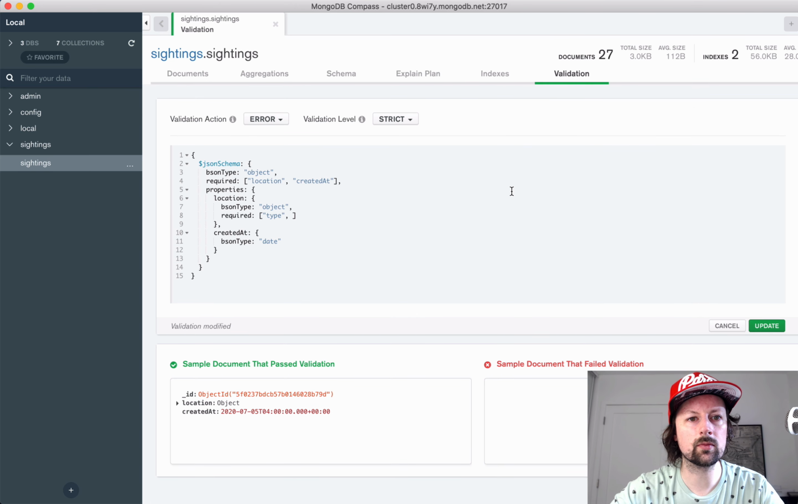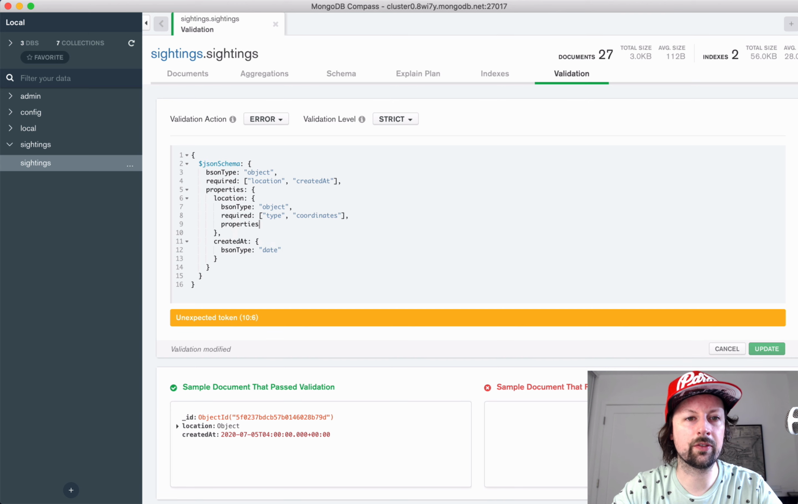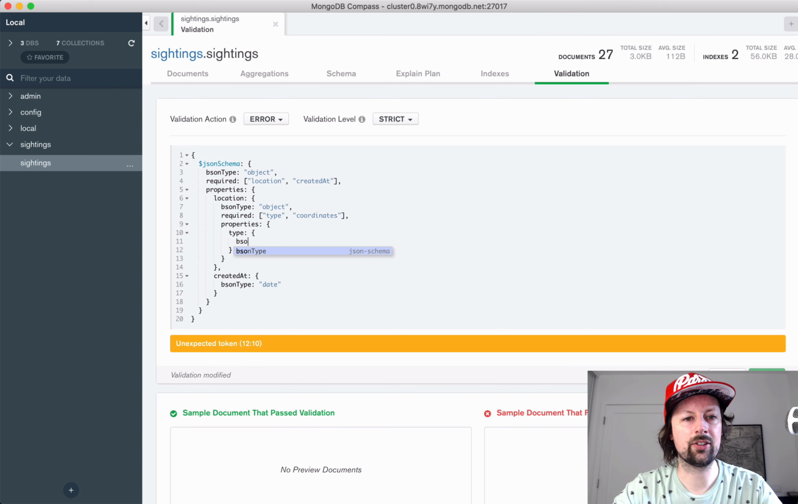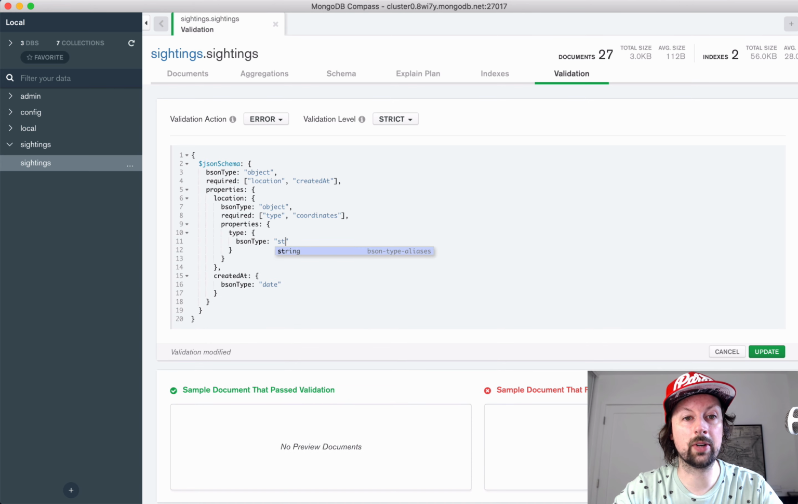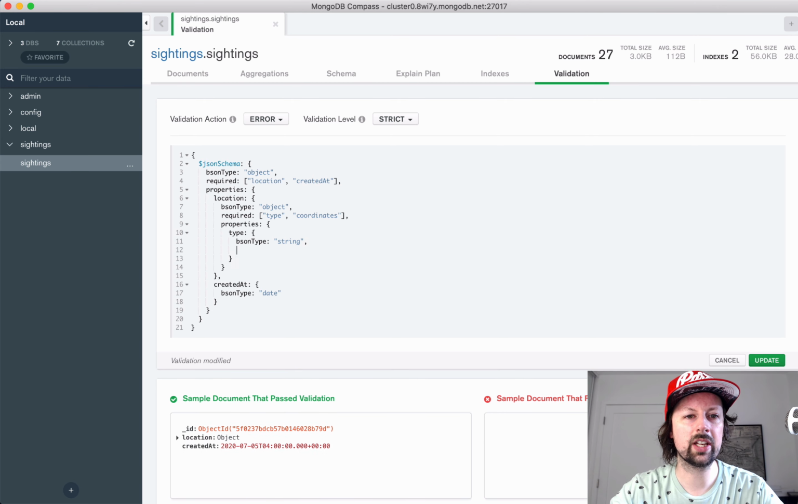Coordinates. Coordinates. Okay, and now we can get into defining what these properties look like. So we can say that our type has a BSON type of string, but we don't want it to be any string, right? We want it to be specifically the word point. So we can describe